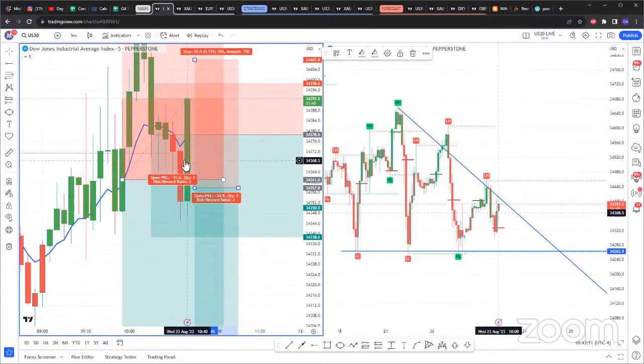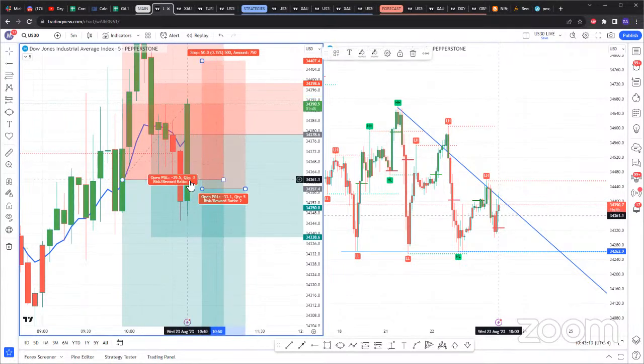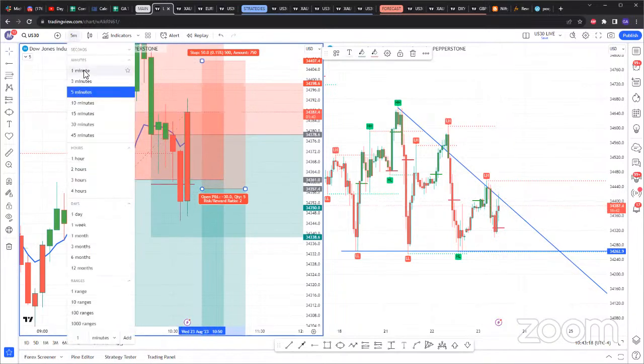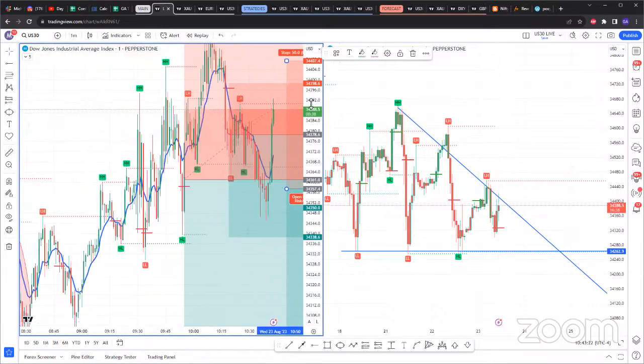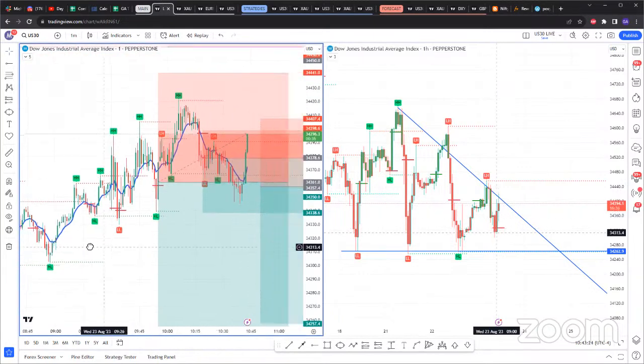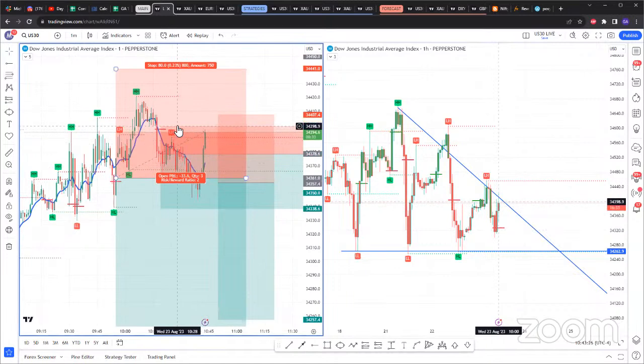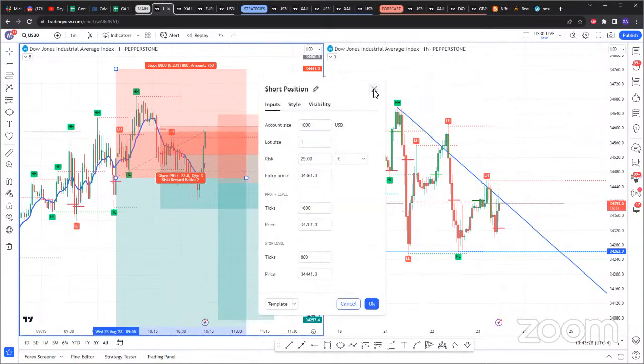So we are still looking for sells on US 30, but we always want to wait for those 5-minute candle closures. If you're in this trade with the 1 minute, I think you already hit TP, if I'm not wrong, if you entered on the 1 minute, or you could have been at break even. What was the 1 minute entry? Yeah. So if this is the 1 minute entry right here.